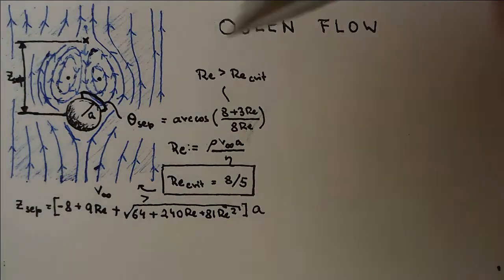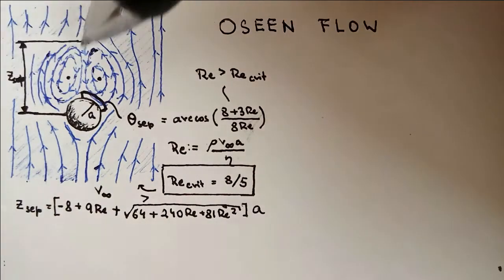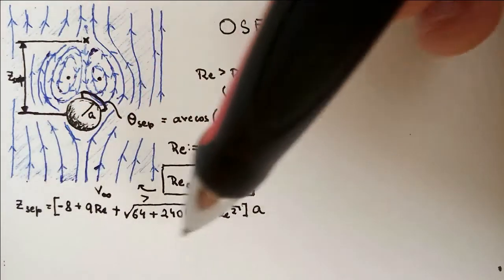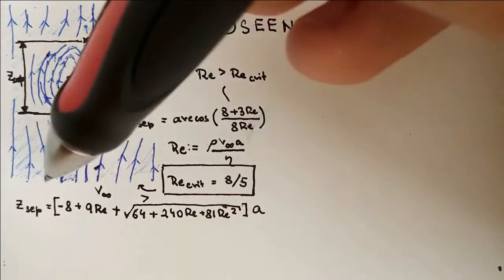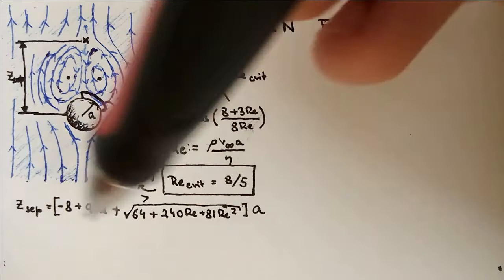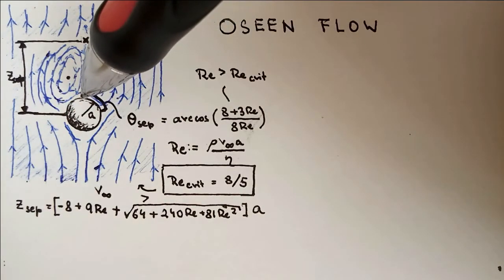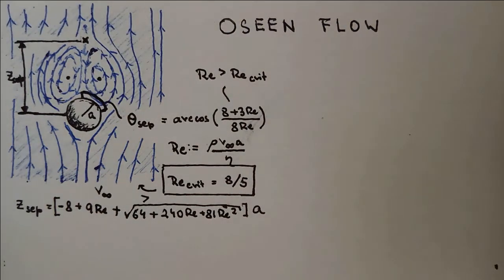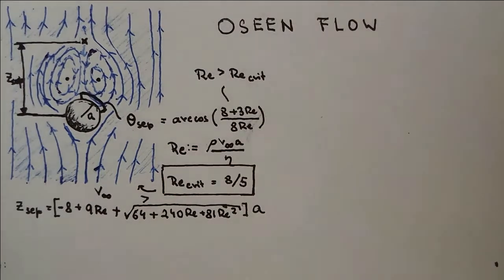So this point is the distance z separation from the center of the sphere, and z is computed exactly by this equation. Again, when the Reynolds number is 8/5, this reduces to 1, because there are no vortices, they are below this point. So let's start talking about Oseen flow and its considerations,